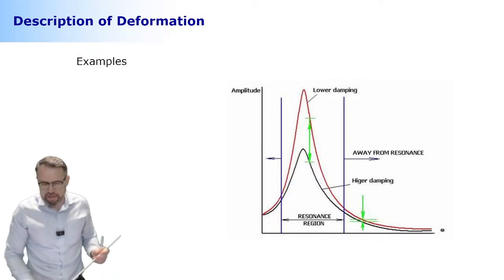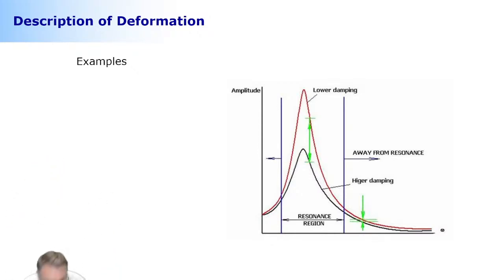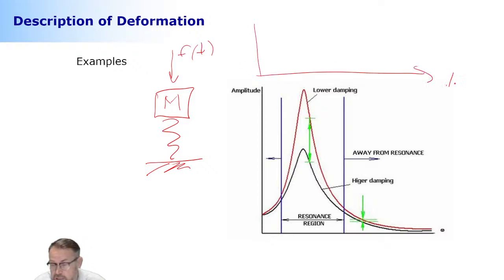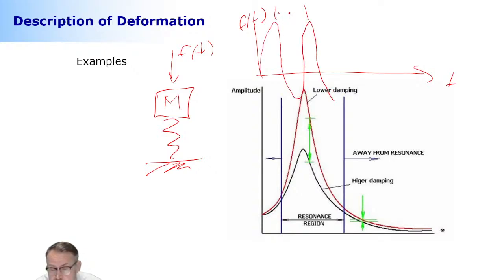Okay, the physical interpretation of the eigenvalue is something that, if you have a spring and mass system that I'm going to depict here. So there's one spring, one mass, and you excite the system by a force where the force is a function of time. The function of time is going to be something like this: this is time, this is force. The force can have an amplitude and it can have a frequency. This is how you measure the frequency, the difference between two neighboring peaks. This is something that I can adjust.